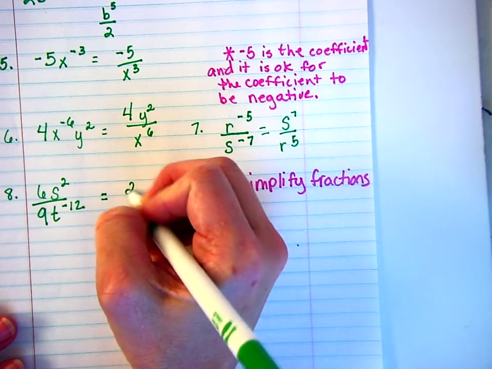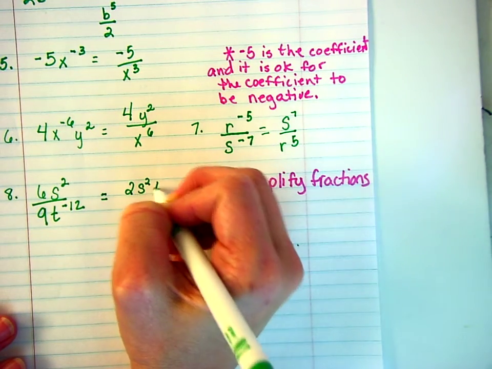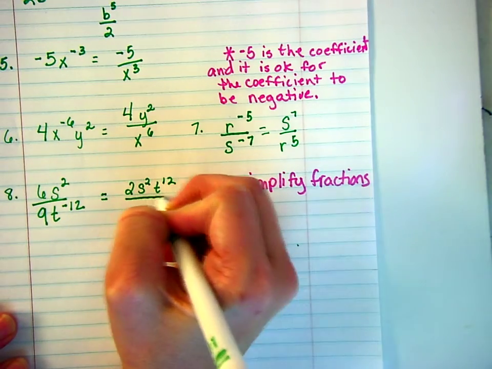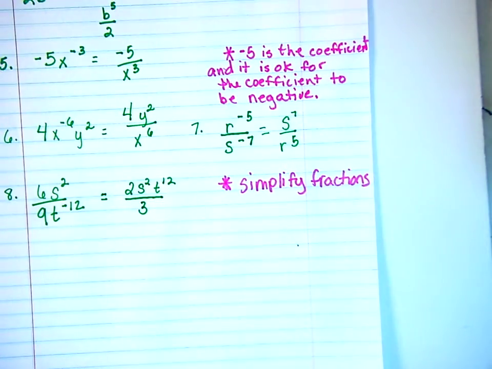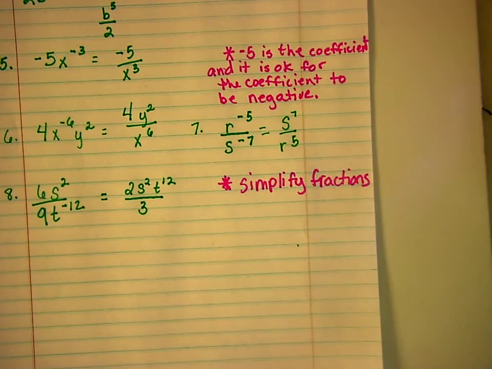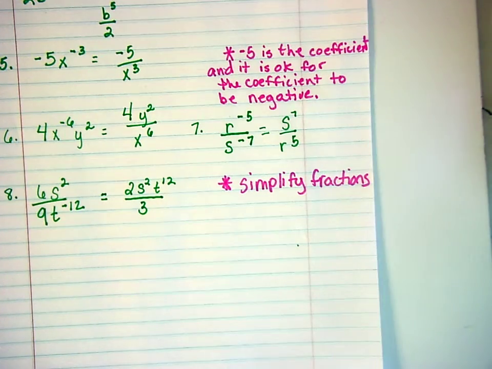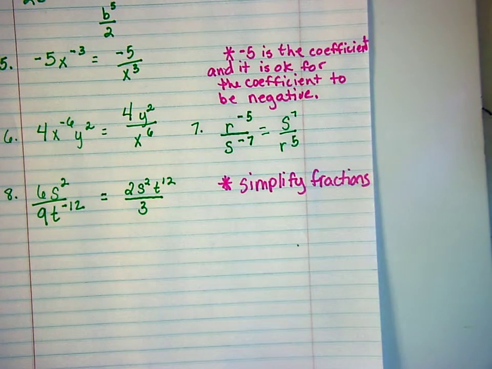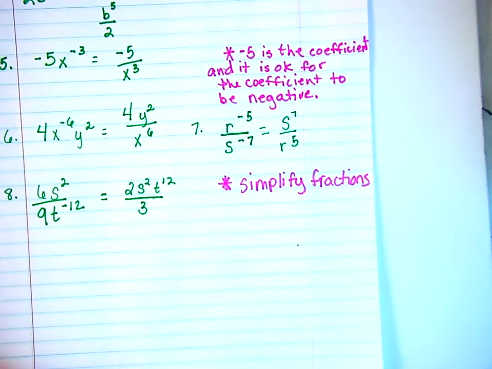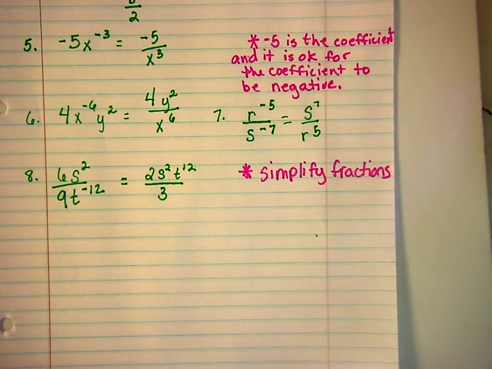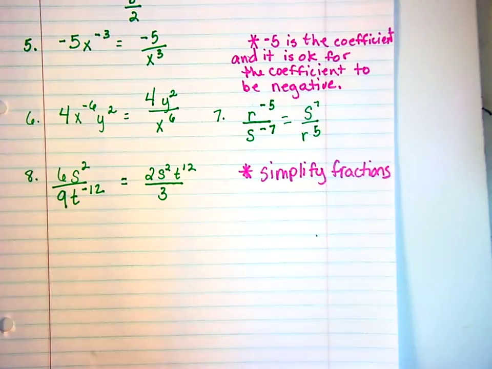So I have 2 s to the power of 2 t to the power of 12 over 3. So where did the 2 come from? Stanley? Dividing the coefficients by 3. Yeah, you're taking the 6 9ths, dividing